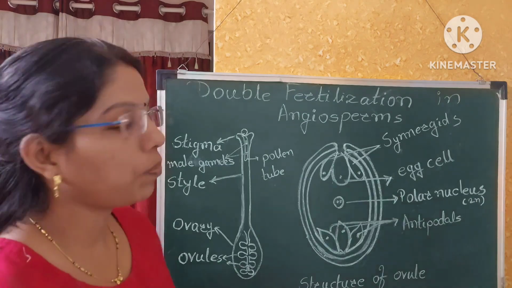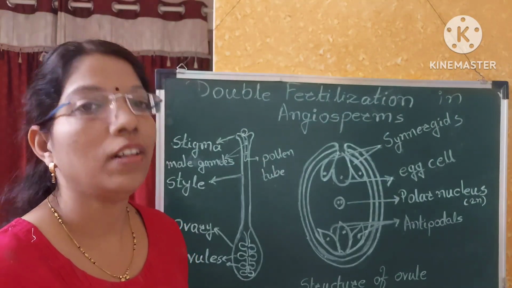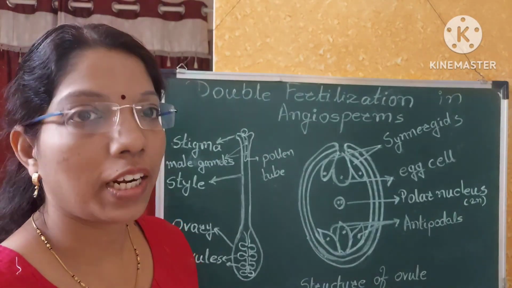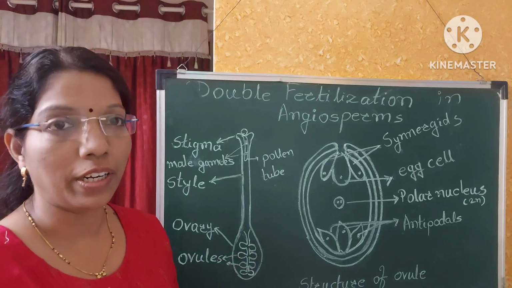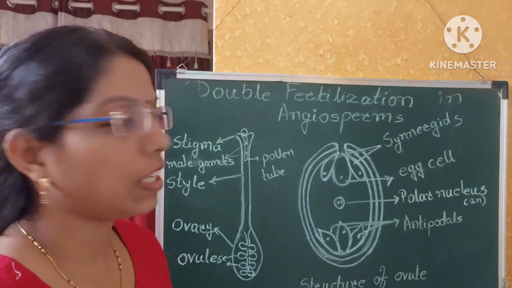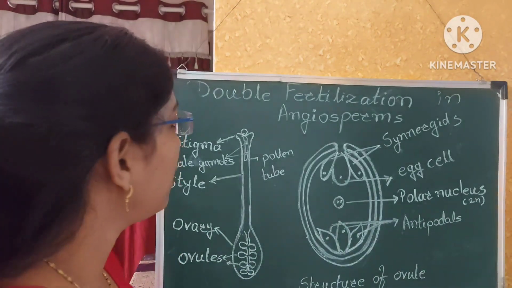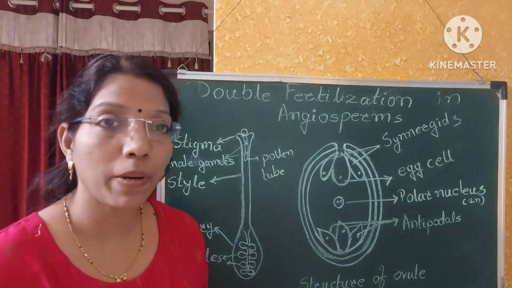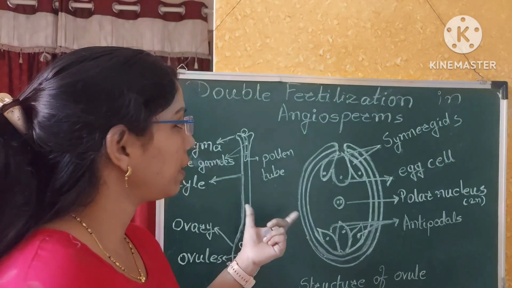Pollination means transfer of pollen grain from one flower to another, either on the same plant or a different plant. The pollen grains are transferred with the help of wind. Wind carries the pollen grains, and then germination takes place, and then fertilization and seed formation take place. Then in water plants, water can also carry the pollen grains.